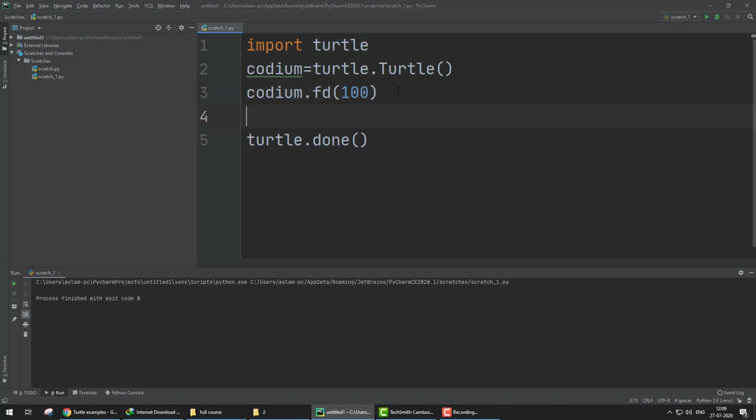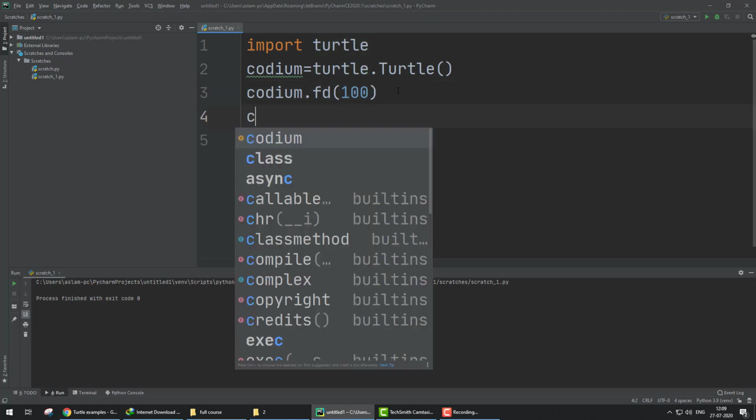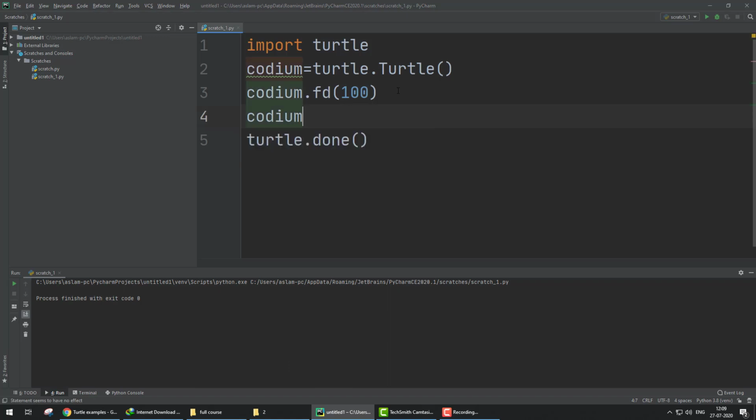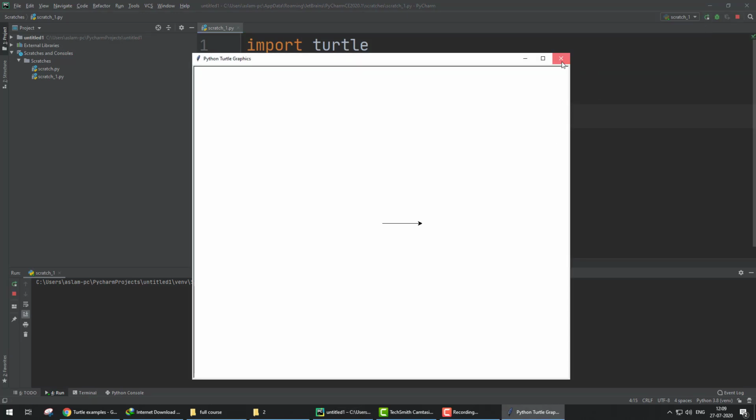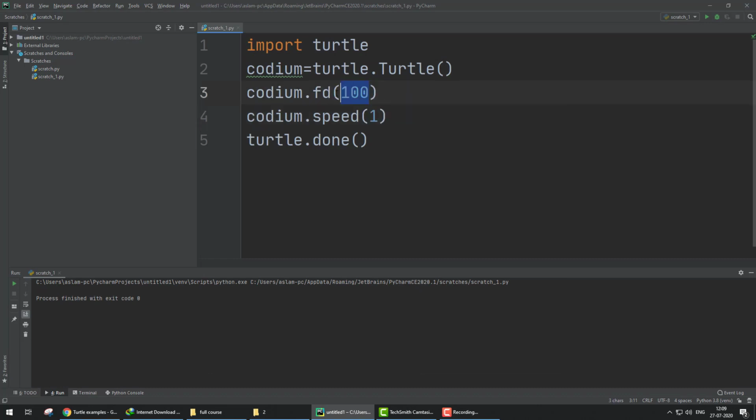So what we do, we have to slow the speed. So Codium, the name of the turtle, dot speed and bracket close, and 1 is slow speed. Now run. You can check he moved some distance. We increase the distance for visibility.